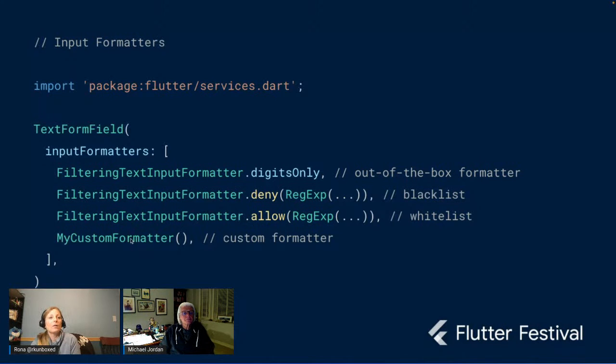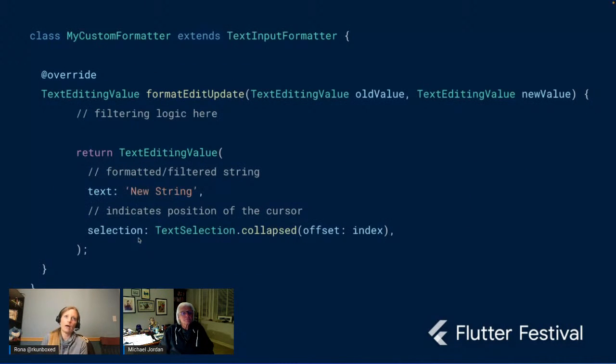And then my custom formatter, I'm going to show you how you can create your own. You can call it whatever you want and extend TextInputFormatter. And then all you need to do is override this formatEditUpdate method. This method receives the old value and the new value of the text input field. And then you can do whatever filtering logic you want to do here, but you have to return